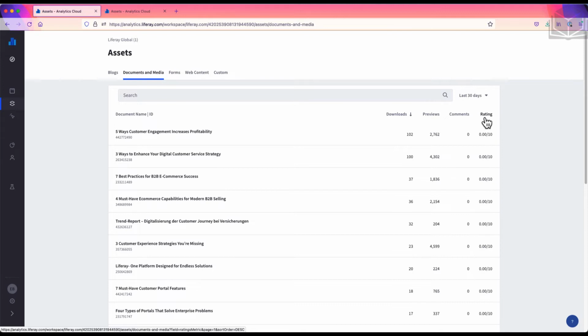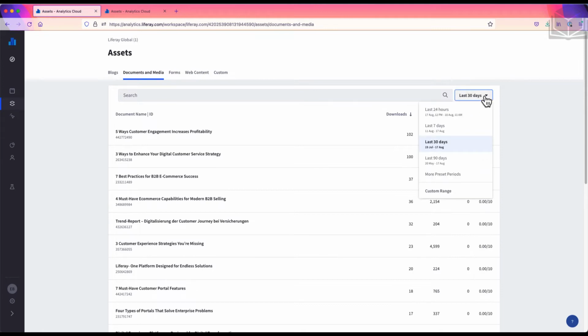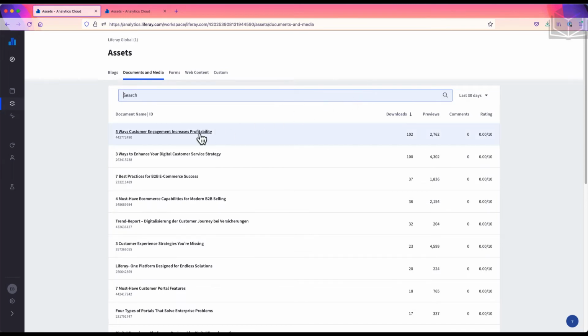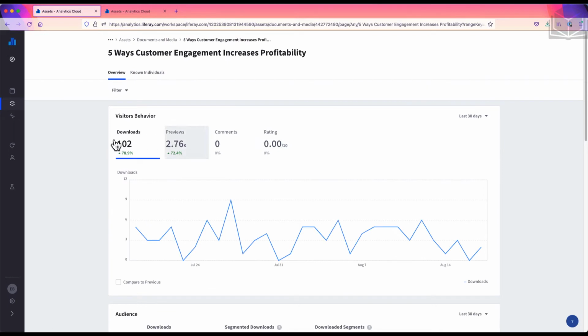Some of these options require a user to sign in, and for this particular site, most of our visitors are anonymous, which means they don't have accounts. So we don't need to worry too much about the numbers for comments and ratings. As before, I can adjust the time frame using the drop-down, and I can search for a specific document using the search bar. If I select a document, I'm taken to the Asset Overview, and we'll see the same panels